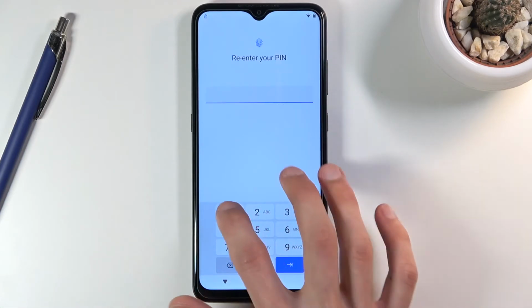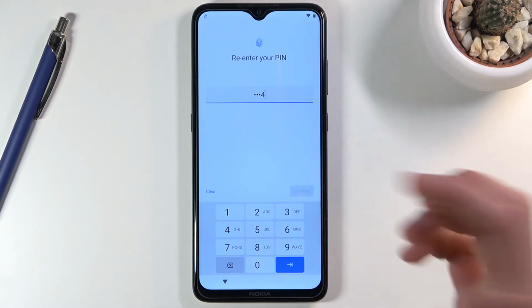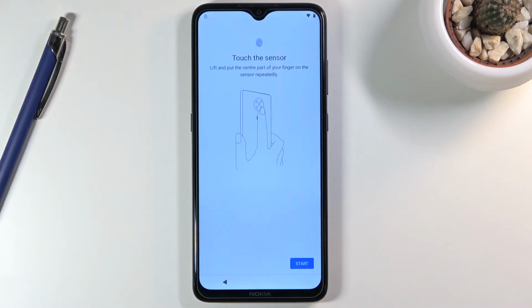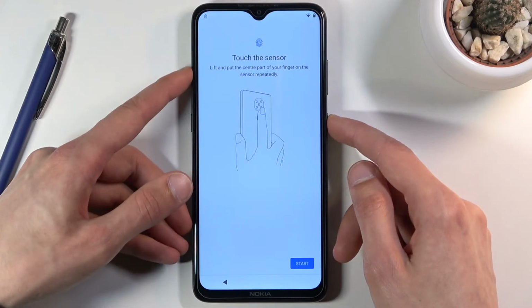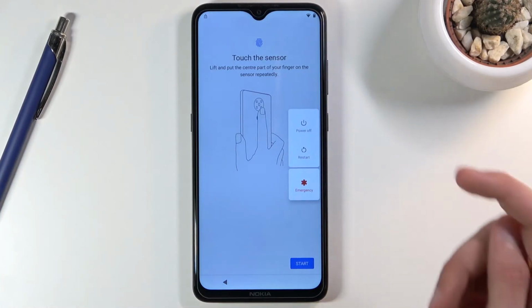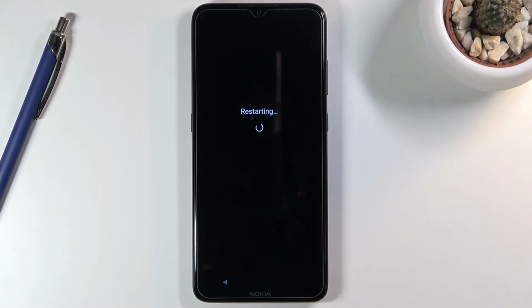Tap on next, repeat it to confirm that pin. Confirm, and it's now set. Now we could also add a finger, but really it doesn't matter. So once you have added that pin, hold the power key, select restart, and simply wait for the device to